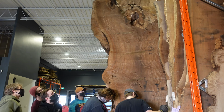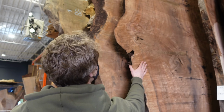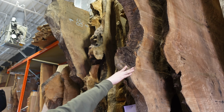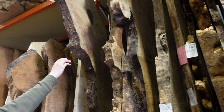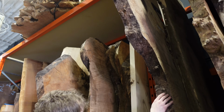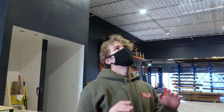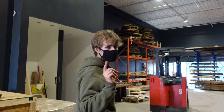That's all that we're gonna put in this bay right now. So you guys saw us lift that last one in, which was this guy. But then from the same tree, we also got this slab here, and then this slab right here. So they're all from the same tree, Baston walnut. It's over 12 feet long and about 9 feet wide in the widest spots. And then if you guys come down here,